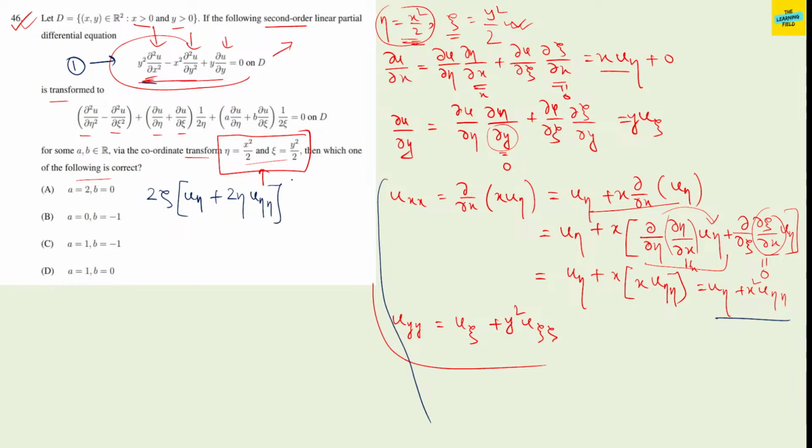This is the first value. Minus x² means 2η into u_yy, this value: u_ξ plus y² means 2ξ u_ξξ. Fine. And plus y,